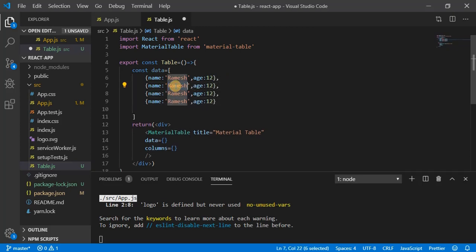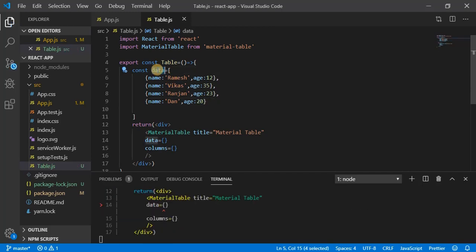So let me change this name here, okay. So 35 here, Ranjan, okay. Then, and it's 20, okay. So our data is ready, so I can combine this data with this data, okay. So I did this.